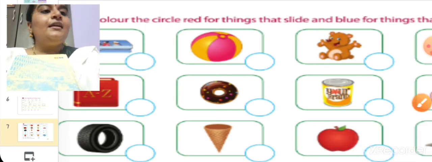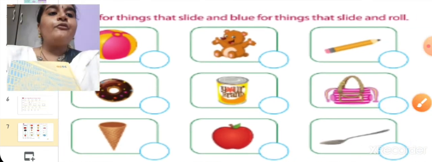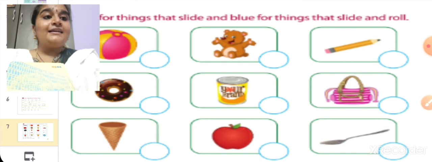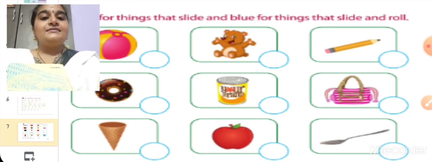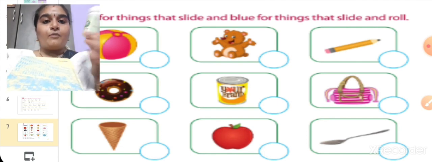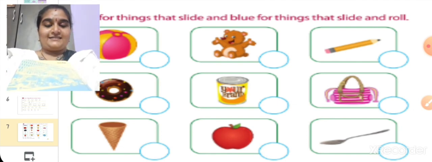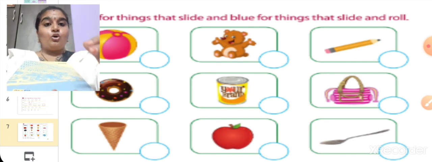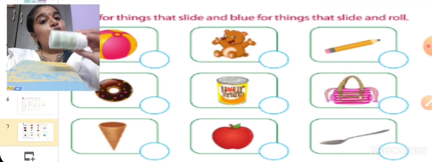Next one, and blue for the things that slide and roll. See, this is a bottle, right? The bottle will roll like this. This will roll and come down. It will not only slide, it will roll and come.